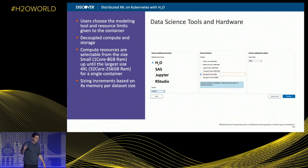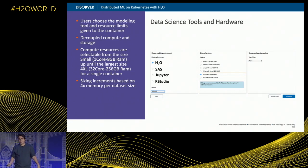but would never make an impact on anyone else's containers. So from our workbench, you see on the left, there's our 4 tools of choice. But we also give the users the option to choose their hardware. For this, we went with a t-shirt size recommendation. So we have size small, medium, large. Our small one is 1 core, 8 gigs of RAM. But this goes up into our biggest size, being 4 extra large, which is 32 cores and about 1/4 terabyte